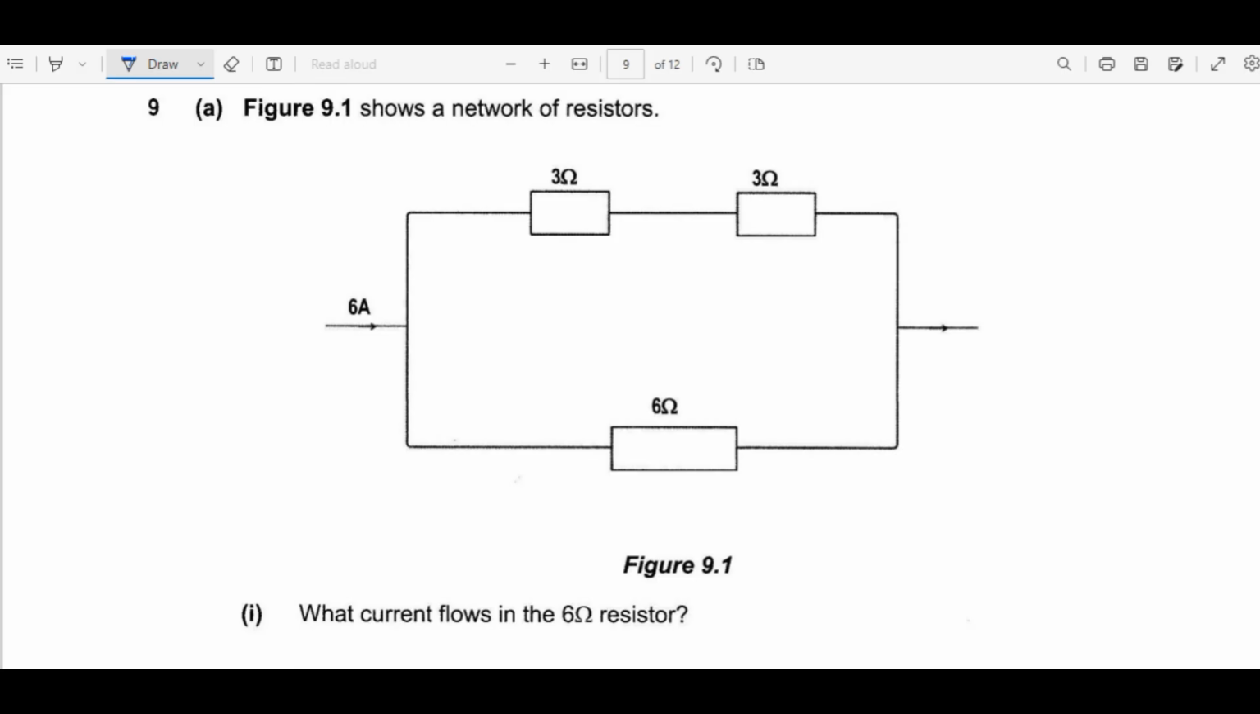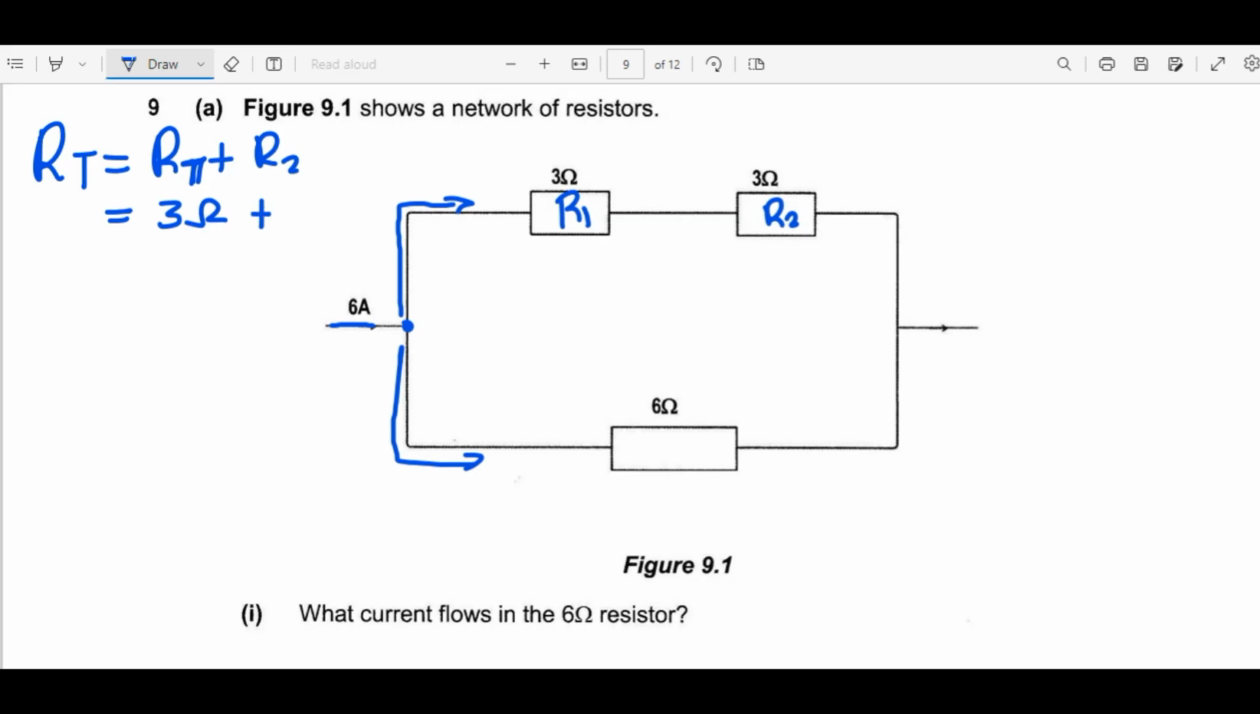What current flows in the 6 ohm resistor? The current that came to this junction here is 6. We want to know how much of the 6 went in this direction and the other that went in this direction. To come up with that, let's find the total resistance of resistor 1 and resistor 2. These two resistors are connected in series, so the sum is just direct addition: resistor 1 is 3 ohms plus another 3 ohms. So the total is